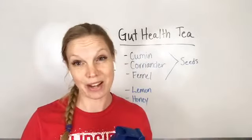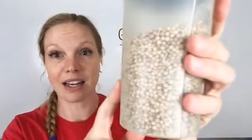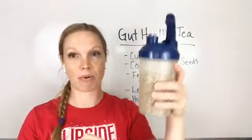My quick and dirty way of doing this is I actually put it in a shaker bottle. So you can see here, this is the cumin, coriander, and fennel seed, and then all I do is pop the top and pour it in my,